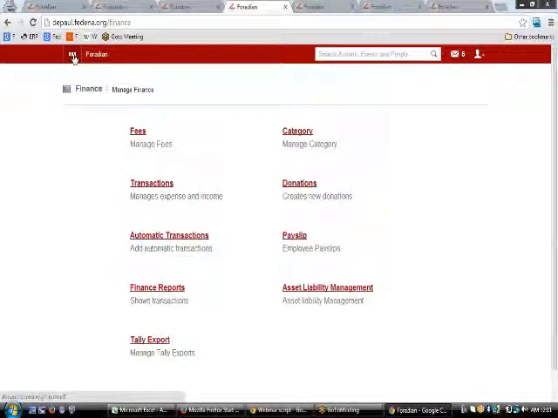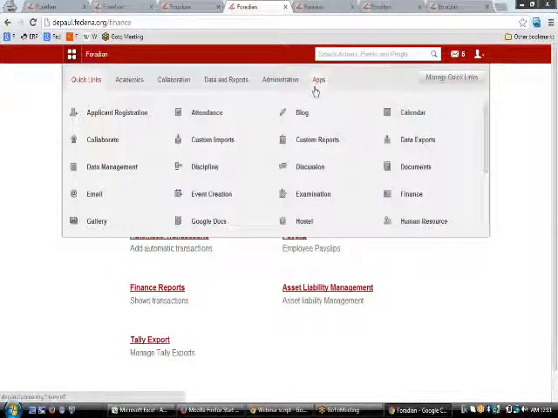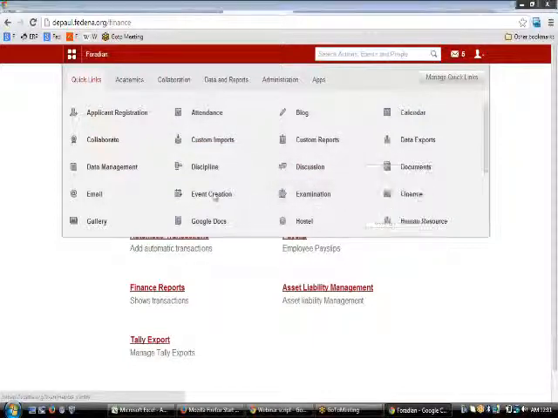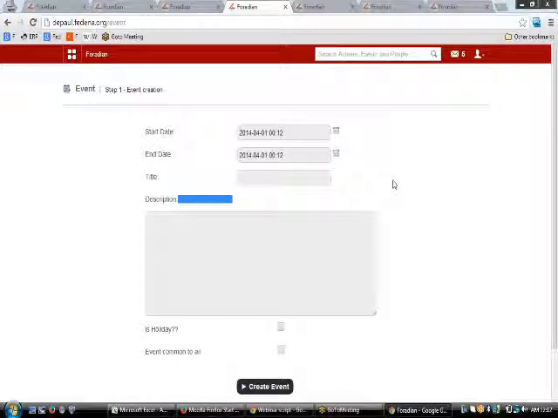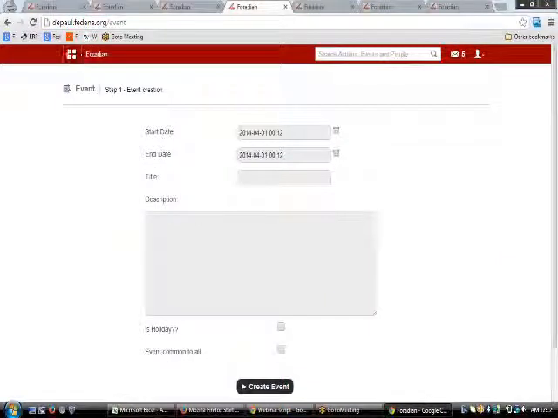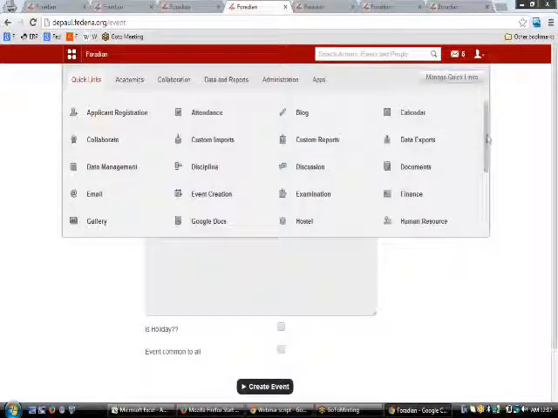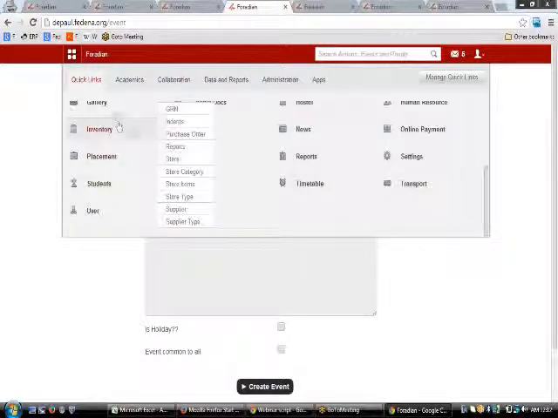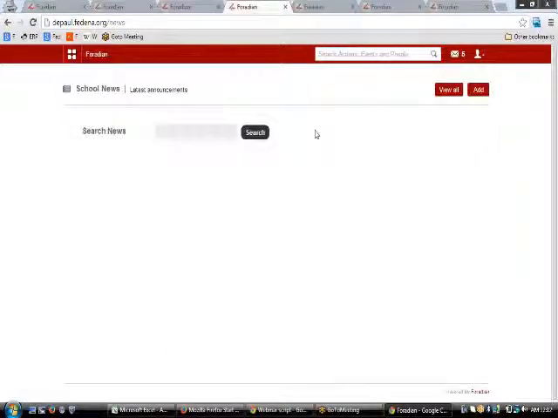Further, we are left with a couple of small modules like the events and the news. So you can even create some events here by clicking upon comments to the news that has been created. So this is all about this events part that I was telling you, and then the news can be reached from here like this. And then if you want to add some news, you will be able to search the news event and add the news. So all the news related to campus can be stored in here.